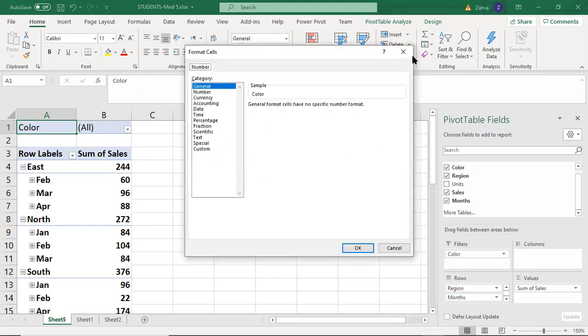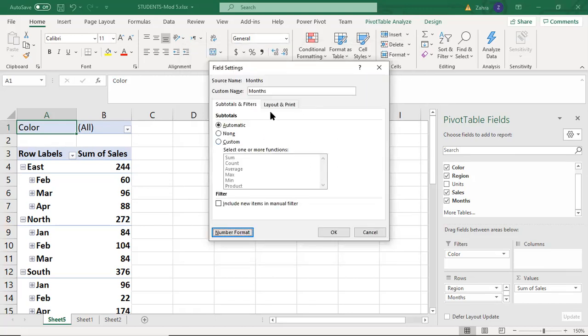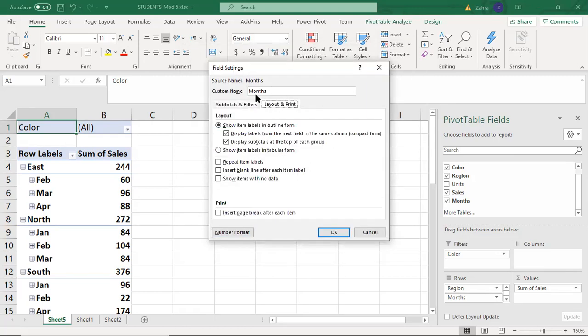For now, I don't want to change this month format. This is okay. But let's say it's another number. You can go here and change the number format,